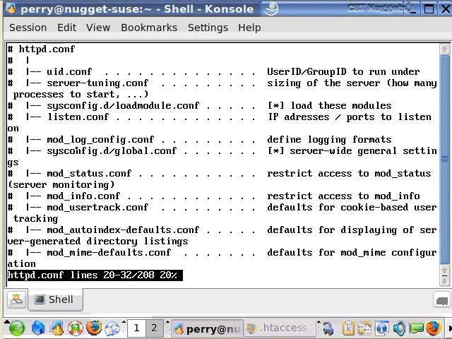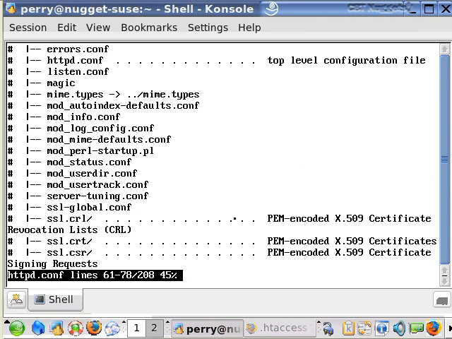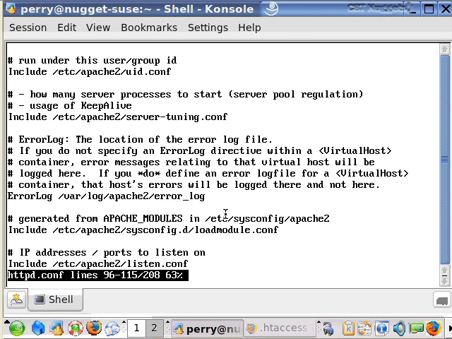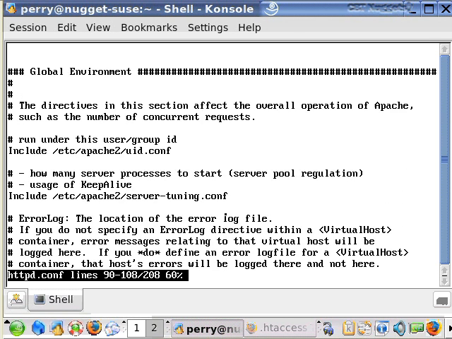All right, so one of the things that's done in SUSE is they list all these other conf files that were in that apache2 directory, and they tell you what those conf files are used for. We're going to skip that because I'm going to be referring to those conf files as we go through. And then one of the first things here is in this global environments section of the conf file, you set some very important directives. One of the things that you set is what user and group the Apache process should